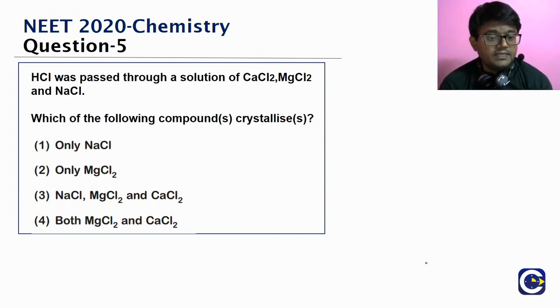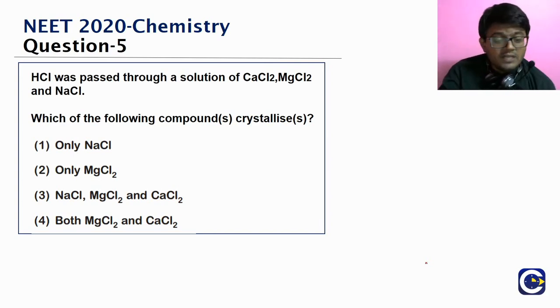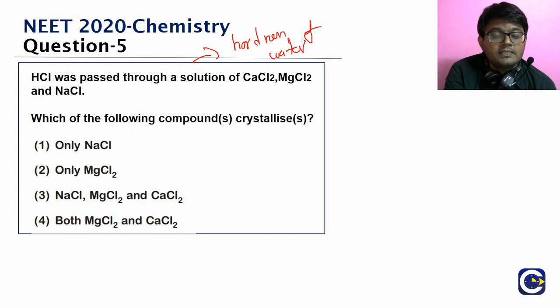Next we have a question from the first and second groups, the S block. Look at this. HCl is passed through a solution of CaCl2, MgCl2 and NaCl. Which of the following compounds will crystallize? We will be able to understand this question even from our basic knowledge of the hardness of water. When you talk about the permanent hardness of water, permanent hardness is because of